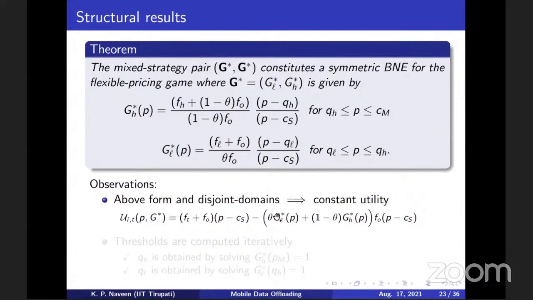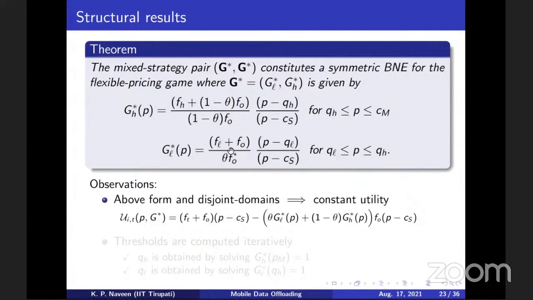Somehow you have to pick a distribution that will cancel this function of p. So if you plug in this distribution, that's going to cancel this function of p cleverly. Also, you need to keep the domains disjoint. Otherwise, you have another distribution which is a function of p, and canceling that distribution is going to be cumbersome. So the easiest way is to keep the domains disjoint, and once you keep the domains disjoint, you can just